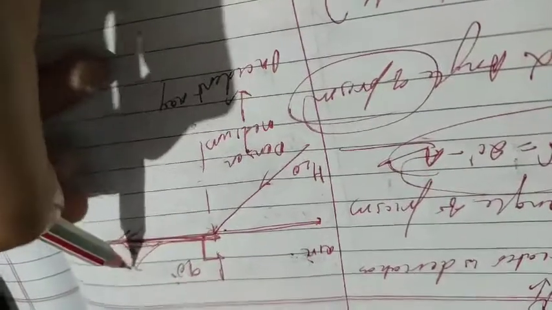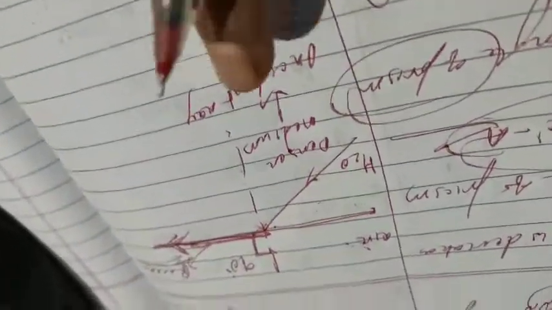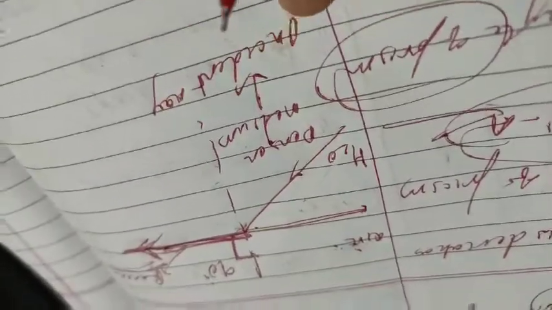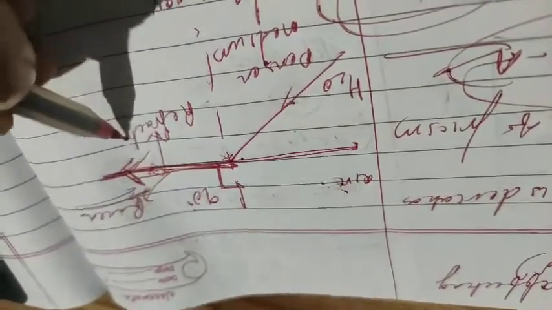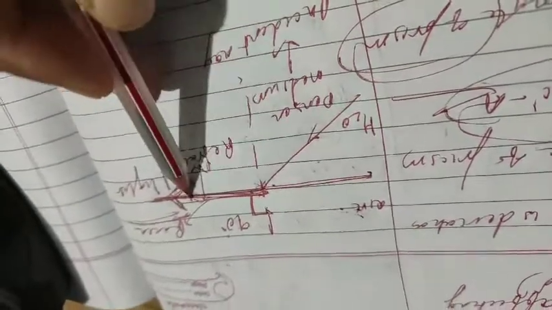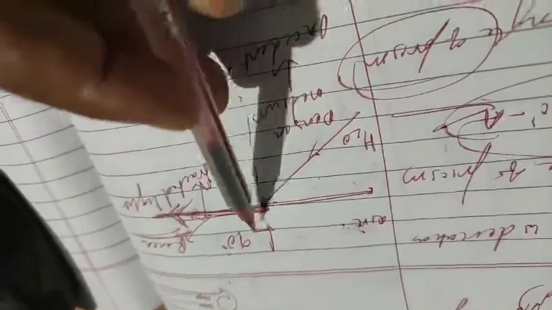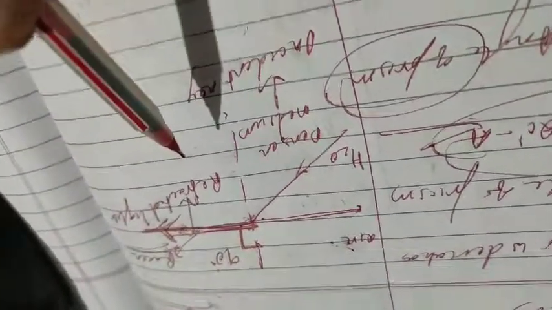It is moving in the rarer medium. So first of all, your incident light should be in denser medium, and your refracted light travels in the rarer medium. And when it makes 90 degrees with your perpendicular axis, that is a critical